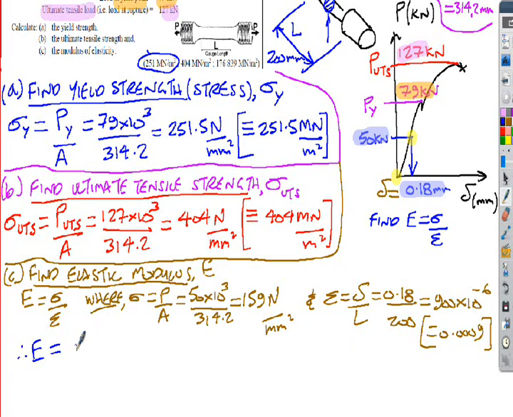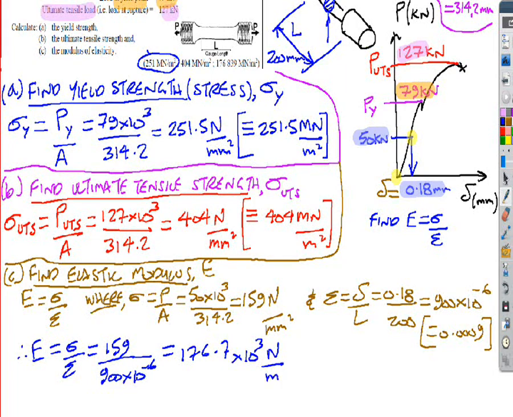So E is equal to the stress divided by the strain. So the stress in this case was 159 newtons per millimetre squared, and the strain was the 900 times 10 to the negative 6 I'm using here, and that gives me 176.7 times 10 to the 3